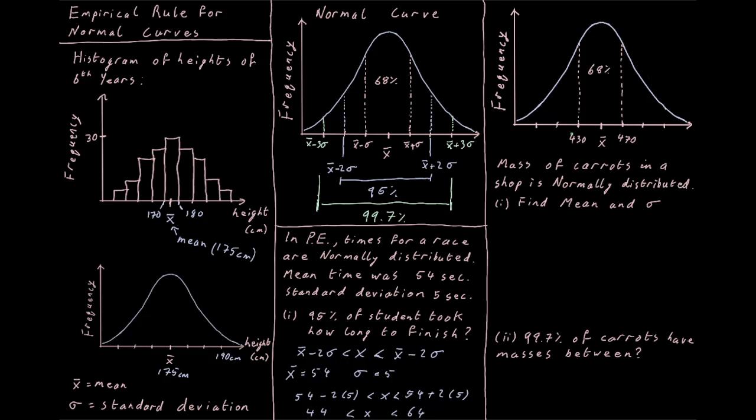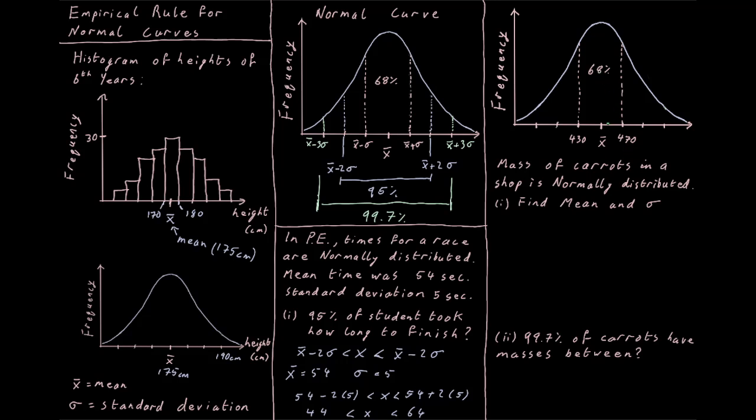So how can we use that same argument in this situation? The masses of carrots in a shop are normally distributed. Find the mean and the standard deviation. So again, the squashed or pulled out looking 6 is the standard deviation. Well, we've been given some information here. We know that 68% of our group for our masses of carrots is between 430 grams and 470 grams. So